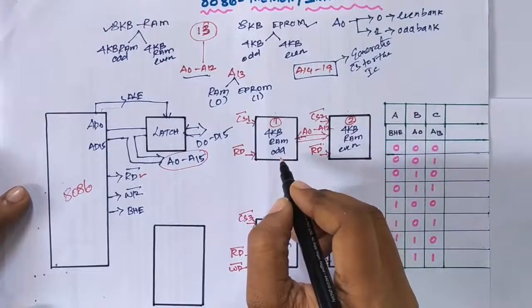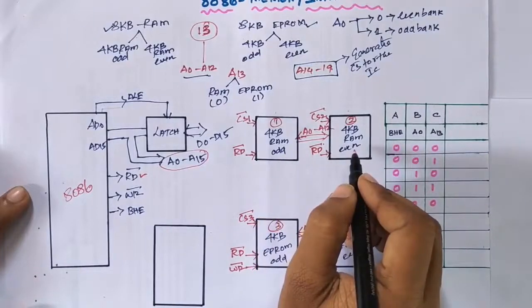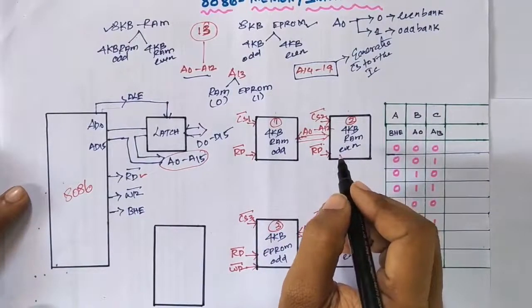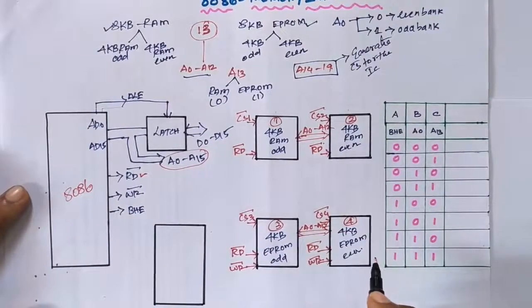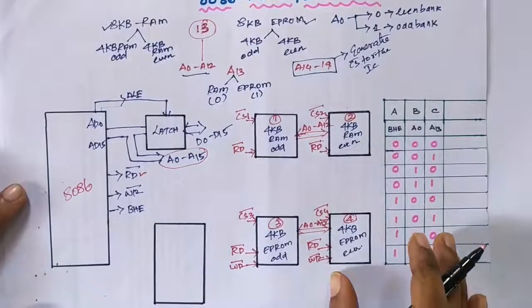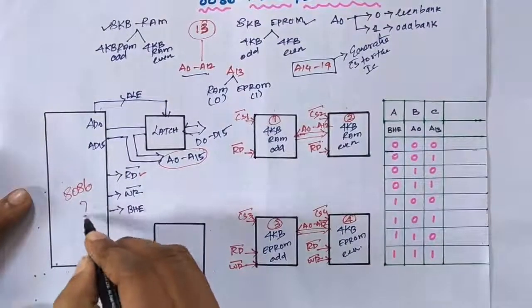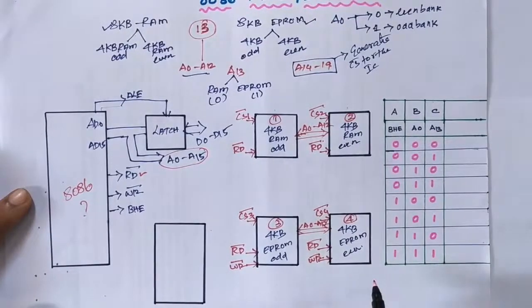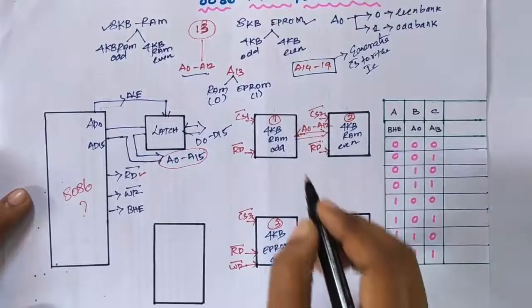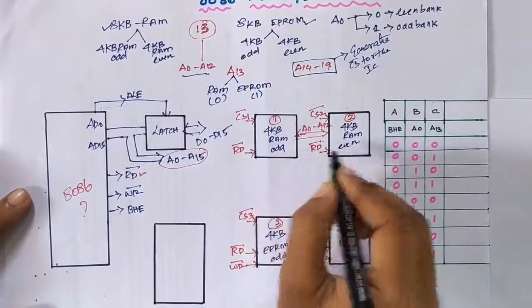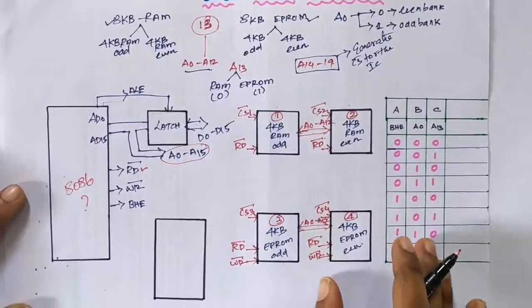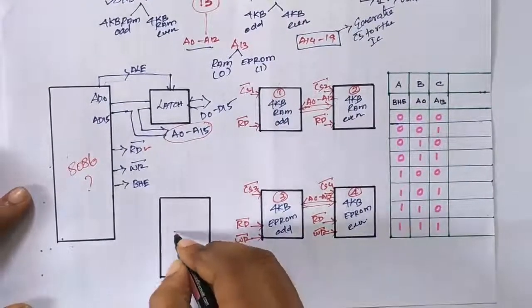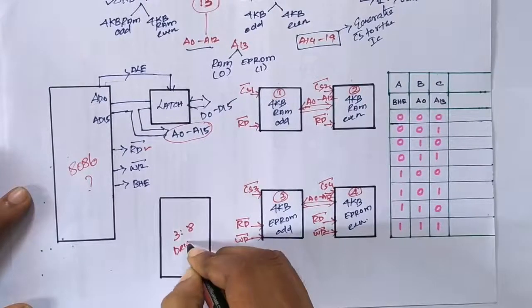Similarly, how to select the odd bank RAM memory and even bank memory for processing the data from microprocessor to memory. For example, if my microprocessor needs to fetch data from the EEPROM odd bank, how do we select only the EEPROM odd bank? Or if my microprocessor needs to perform a 16-bit data transfer from RAM memory, how can I simultaneously select the odd and even bank memories? For this purpose, we introduce a 3:8 decoder IC.